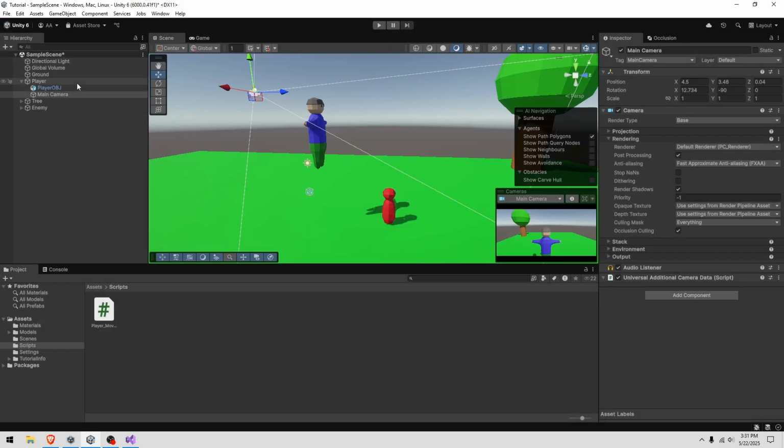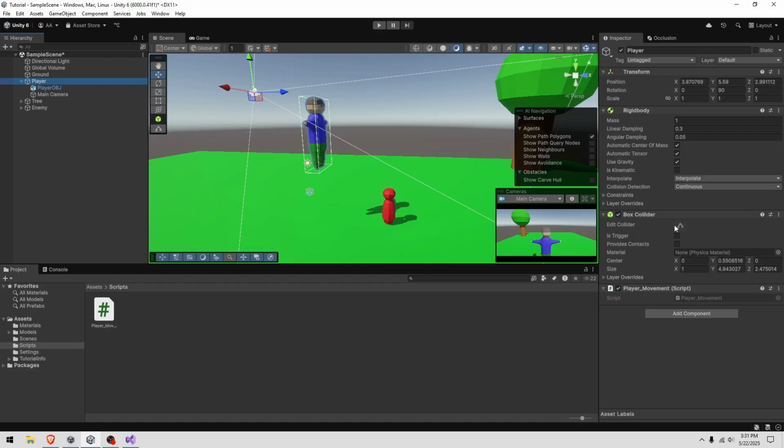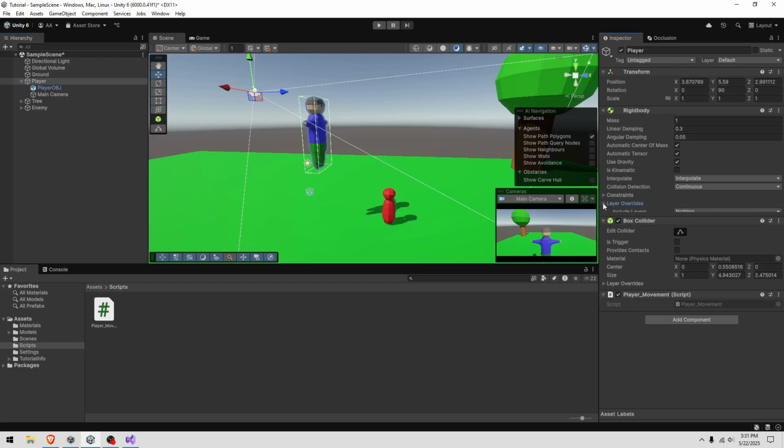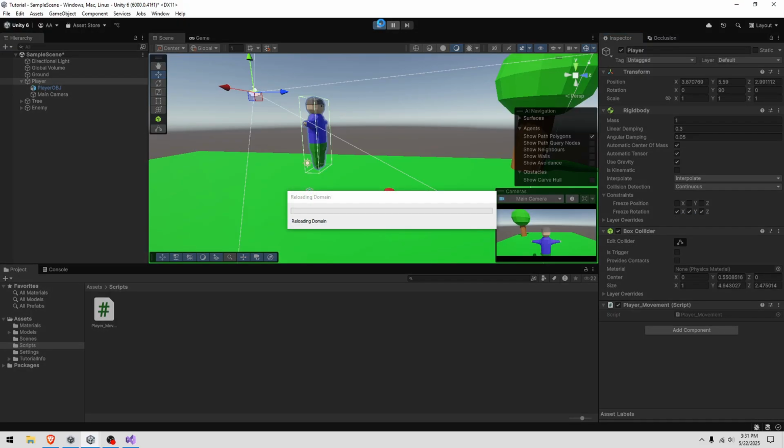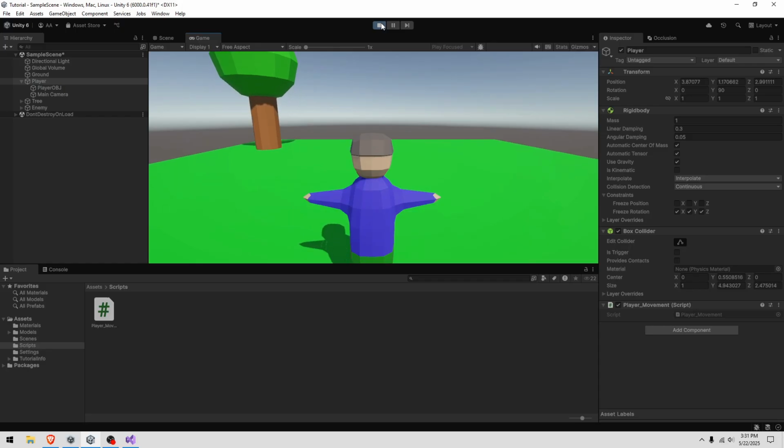One problem is our rigid body makes it so we fall over sometimes. So we want to freeze rotation for now of X, Y, and Z. And now it won't rotate at all. So when we hold the W key,